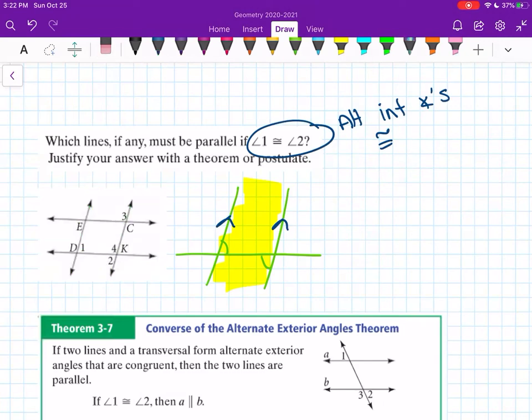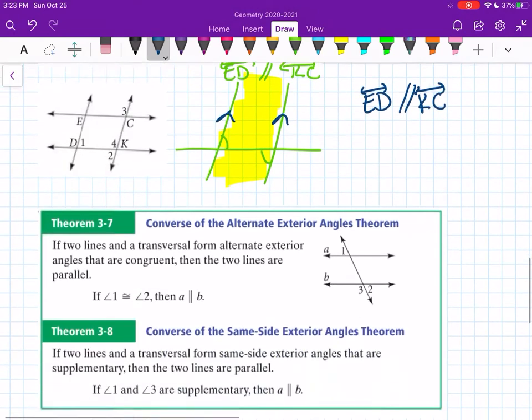So if I go back to my picture, I have to erase it so I can see those letters better. Then this line here would be ED is parallel to line KC. I'm going to use 2 letters. So my final answer here is line ED parallel to line KC. All right,